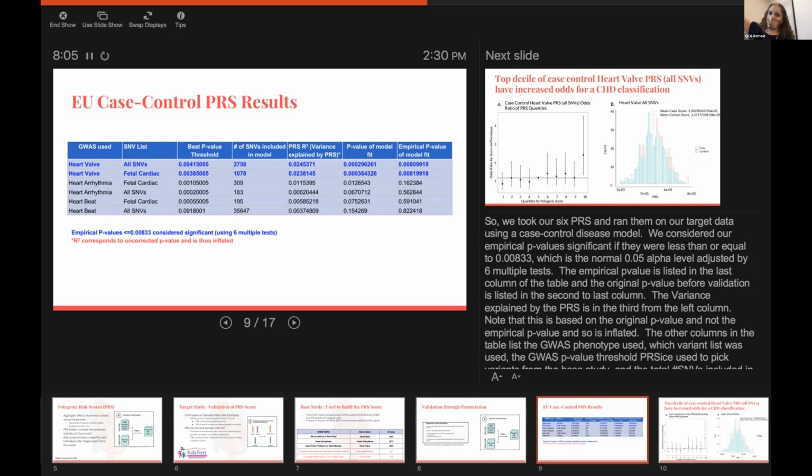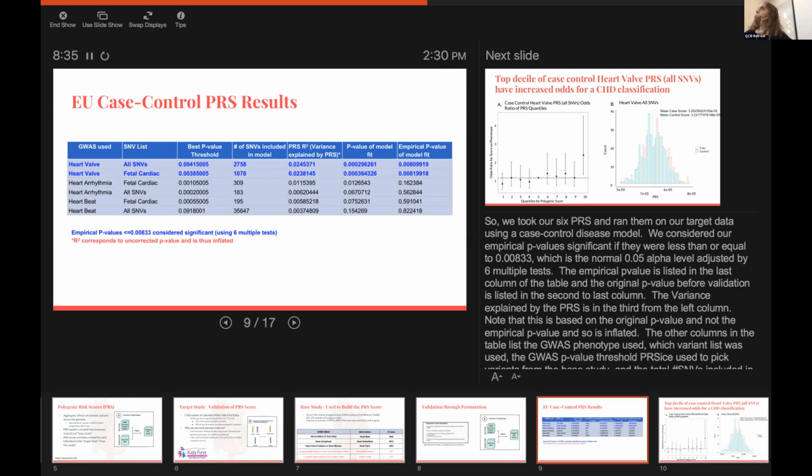The empirical p-value listed is in the last column of the table. The original p-value before validation is in the second to last column, and the variance explained by the PRS is in the third to last column. Note that this variance is based on the original p-value and not the empirical p-value, and so it is a bit inflated. The other columns in the table list the GWAS phenotype used, which variant list was used, the GWAS